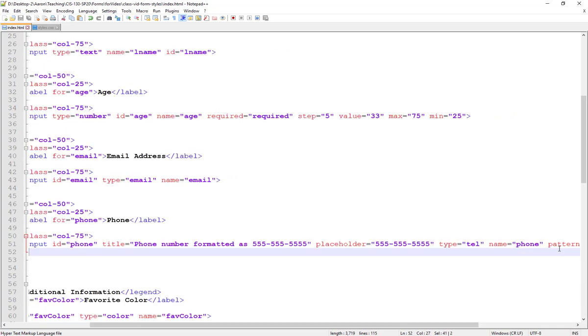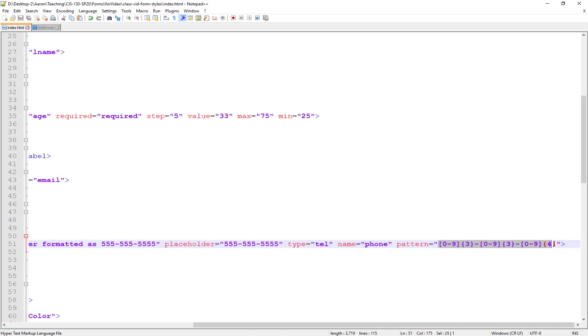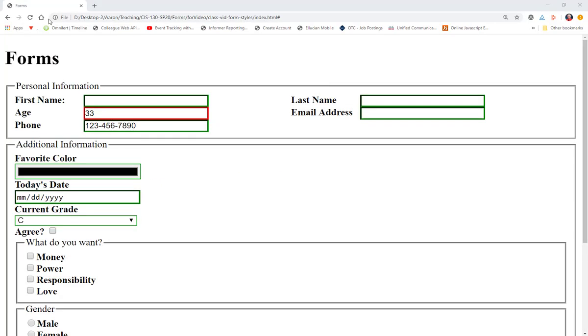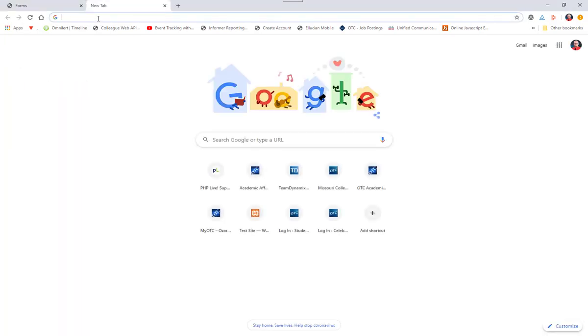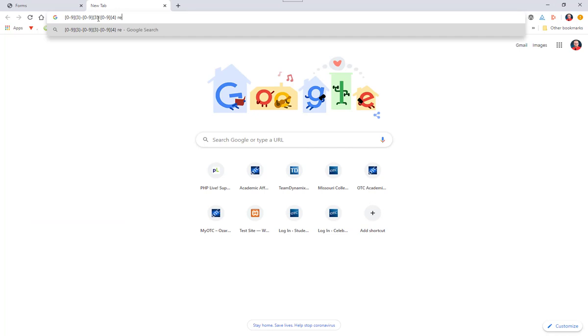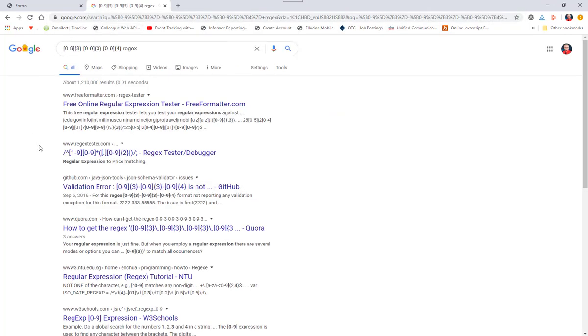But if you see something like this pattern in HTML that you're looking at, you have an idea of what might be going on, and you can even copy that pattern and search for that regex or regular expression, and you can probably find something that's going to help you figure out what exactly that is. There are some regex tutorials, regular expression testers,